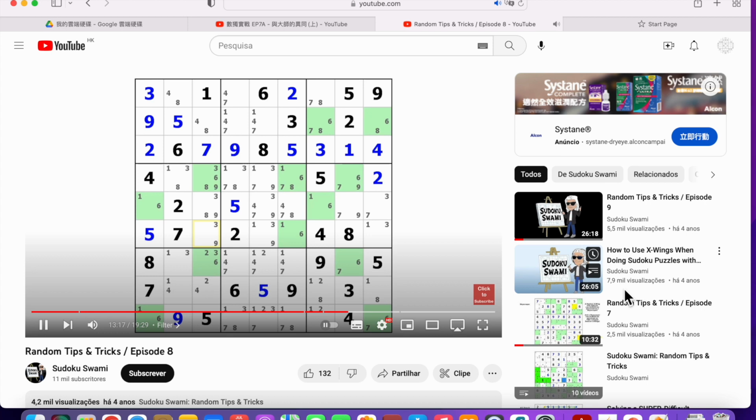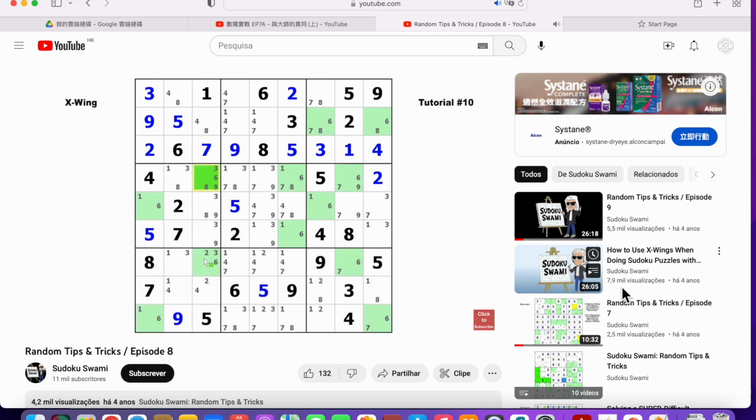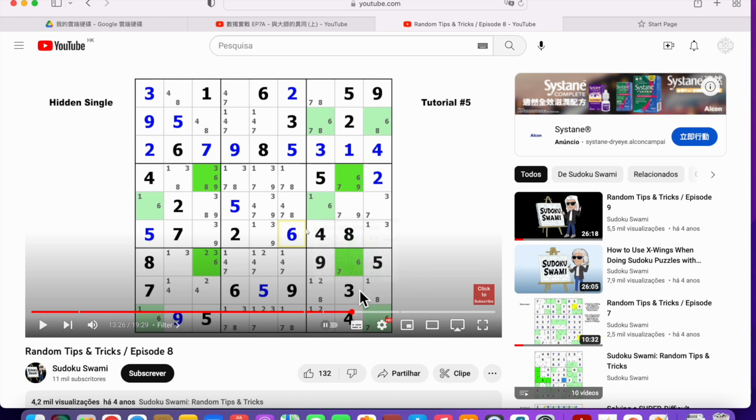And then that produces an X-wing on candidate 6 in column 3 and column 8. So that means we can remove this candidate 6, leaving this 6 as a hidden single. 其實又唔使嘅，呢個6咧本身呢一行都係得一個6㗎啦，唔查呢一個本身呢個都係 remaining single 㗎啦。不過呢個唔重要。